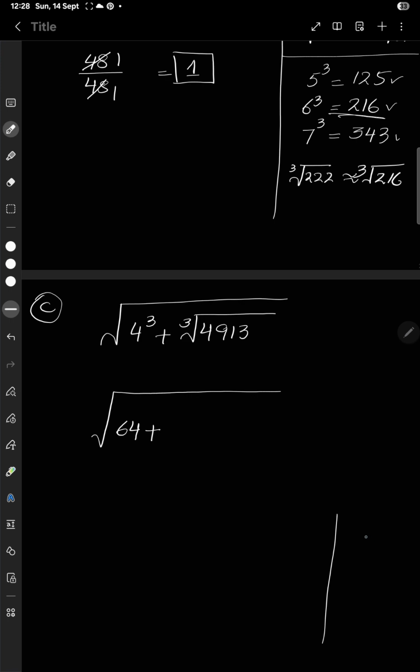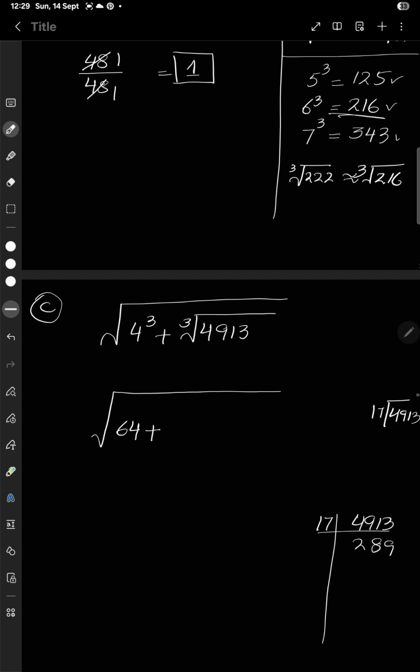Let me check, is it a cube of some number or not? Okay, so I will prime factorize 4913. This number is not divisible by 2. When I take the sum of the digits to check whether this number is divisible by 3 or not, it is not divisible by 3, not 5, not 7, not 11, not 13. Yes, this number is divisible by 17. When I divide 4913 by 17, my answer will be 289. Let me show you the working.